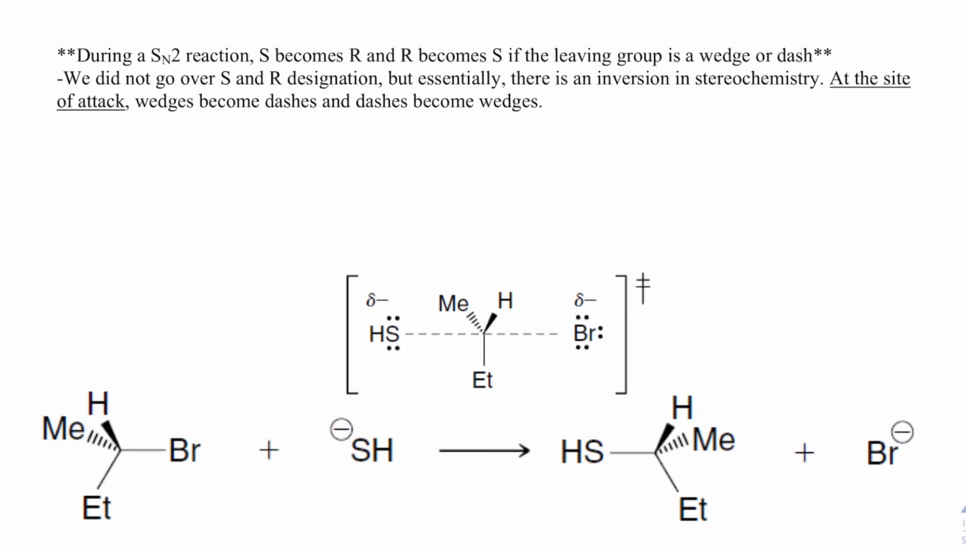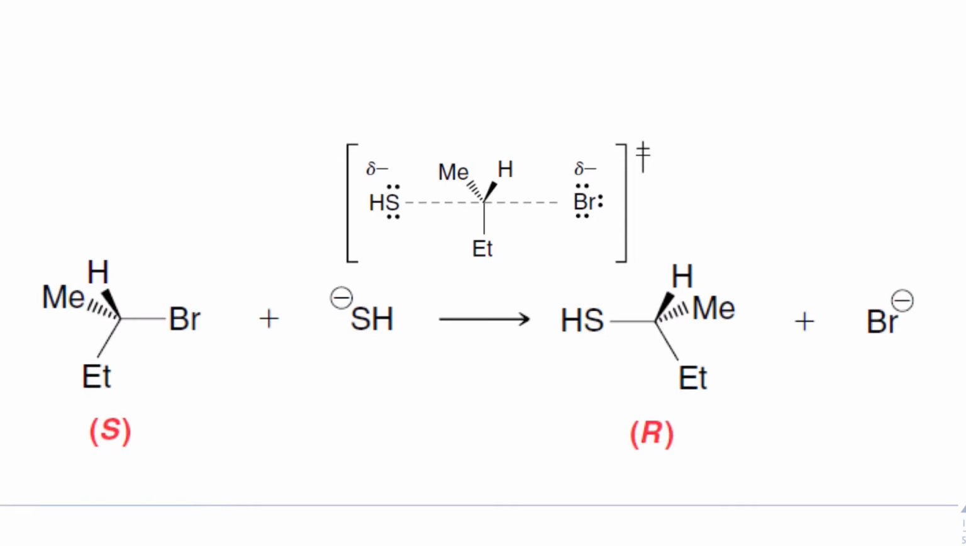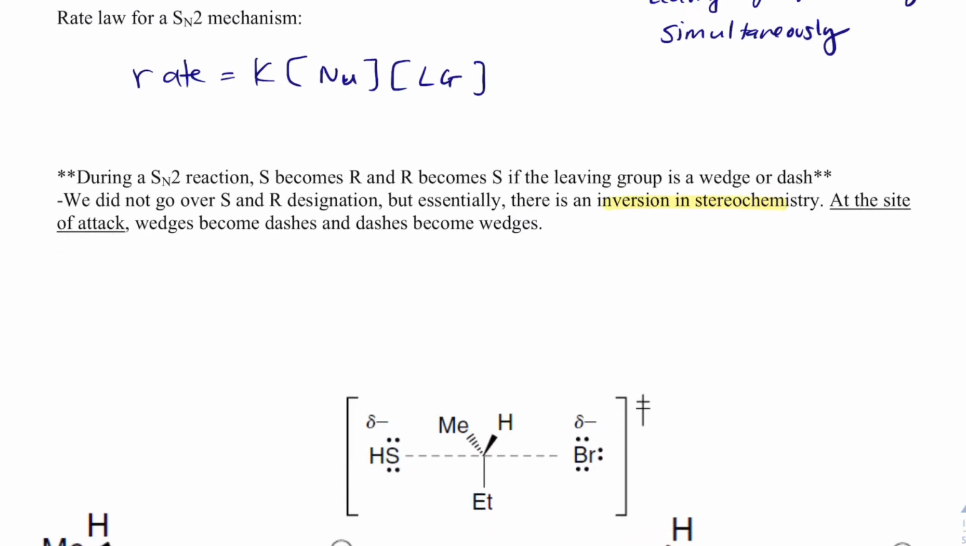Now, if we have a leaving group and it has stereochemistry, meaning that it's on a chiral carbon, then we're going to see an inversion of stereochemistry. So if bromine is my leaving group, I'm going to draw this a little bit better. Let's say I have a wedged bromine, and I have an SH group. Typically it's very common for the reactant that we're less concerned about, but that still needs to be there for the reaction to occur,